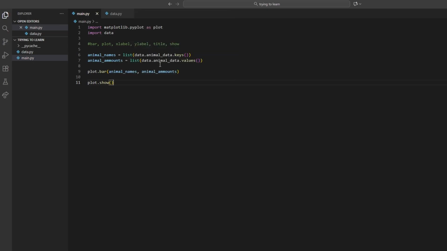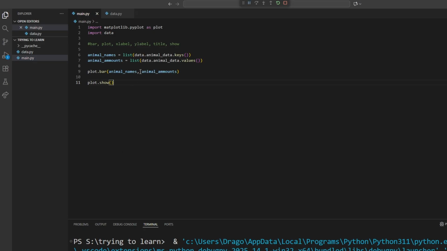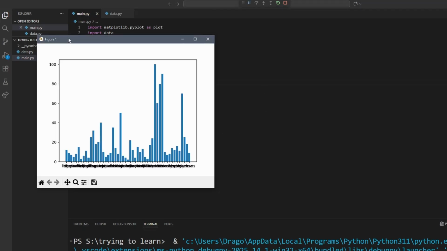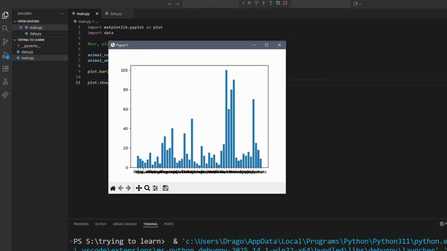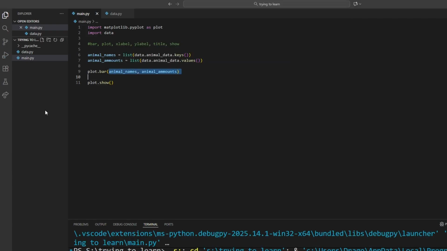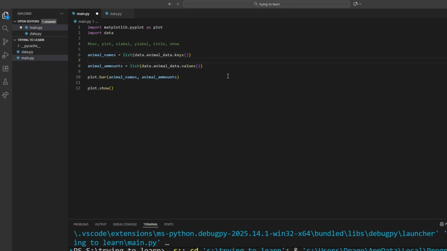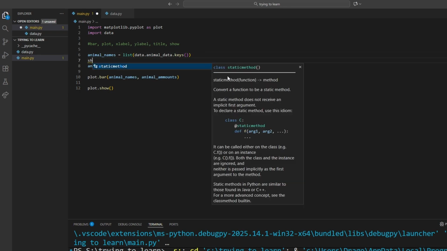Now this will be the test, so let's press F5 to run it, and it's going to show a separate window with all of our figures here. And it looks a little bit jumbled up here because our names are really long for how many data points we have, but if you look, we have a whole bunch of different data points, and it looks like a good graph. So to fix this animal names problem, let's instead make it a new list, and we'll say shortened